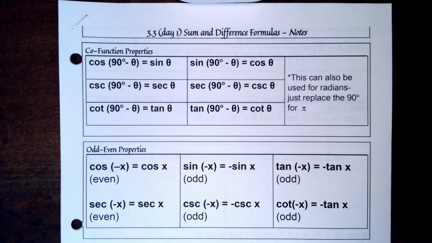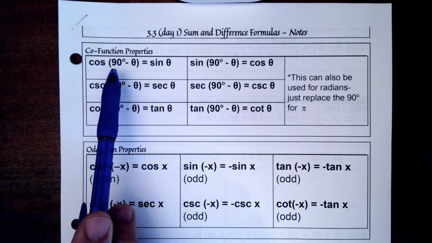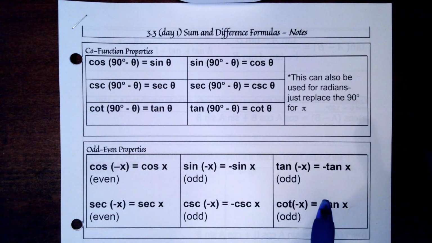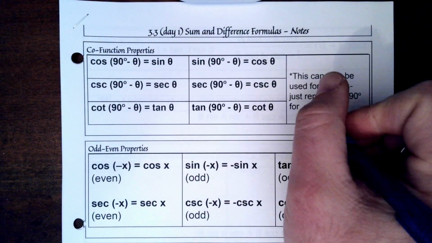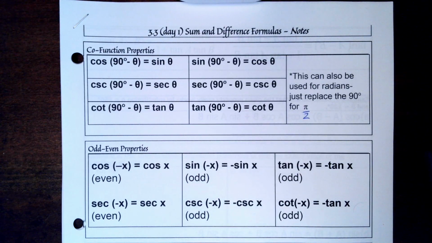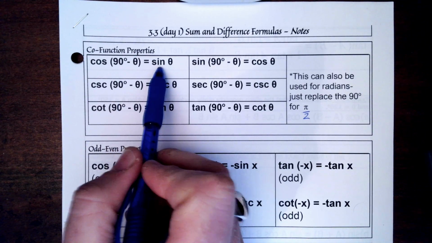So we're looking now at the cofunction properties, where the cosine of either 90 degrees minus an angle or pi minus an angle, again, if you're looking at radians, should be, instead of pi, shouldn't that be pi over 2? I'll double check that. But 90 degrees is pi over 2, not just pi. Pi is 180 degrees. Anyway, the cosine of 90 degrees minus an angle is the same thing as the sine